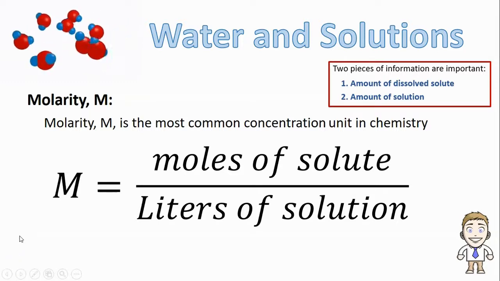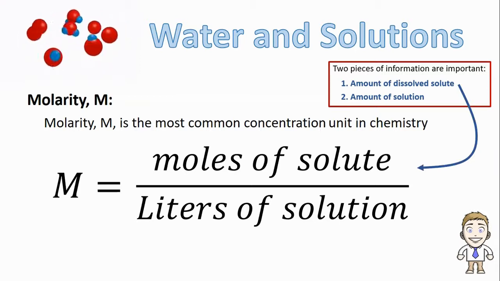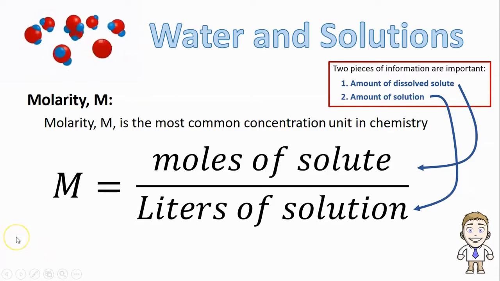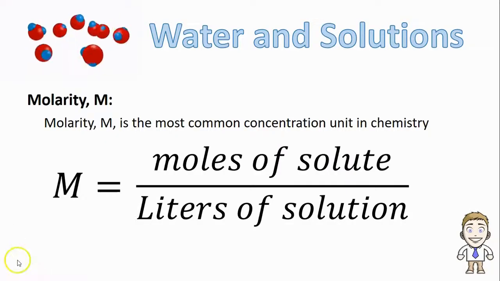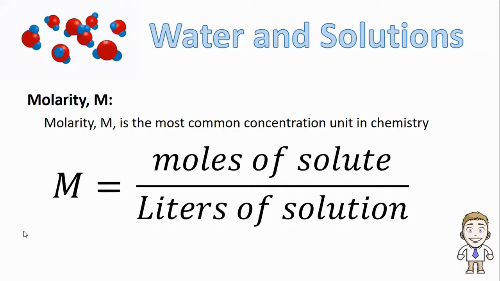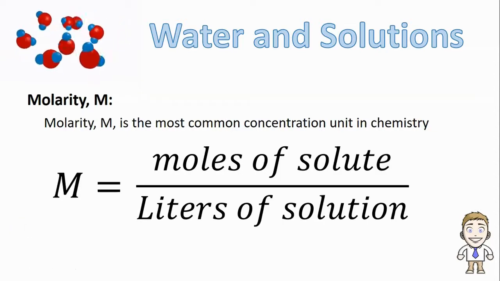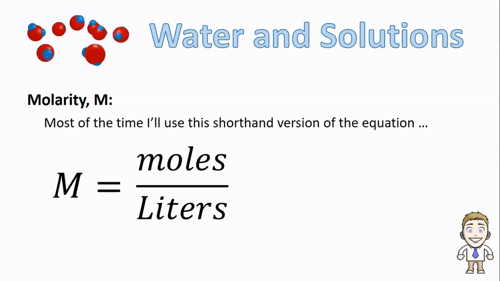You might notice right away that it factors in our 2 important pieces of information, the amount of dissolved solute, which it does in moles, and the amount of solution in liters. This formula is the key idea for the video, so make sure you pause, take a moment, and write it down. We'll end the video looking at some examples of how to use this molarity equation, but just realize moving forward I'm going to use a slightly shortened version that looks like this, moles over liters, instead of writing out all of these words. But keep in mind that moles refers to the moles of solute and liters refers to